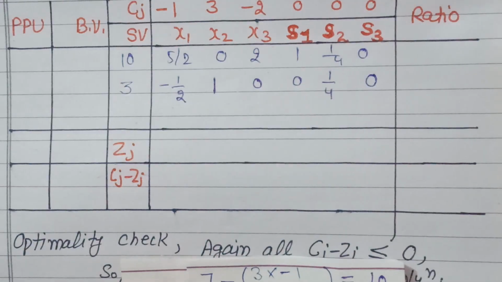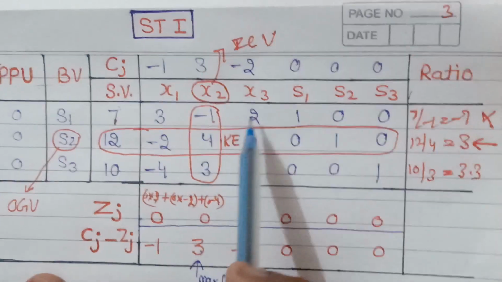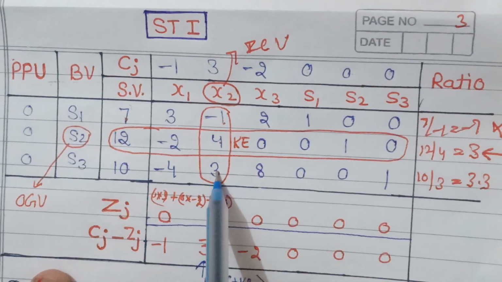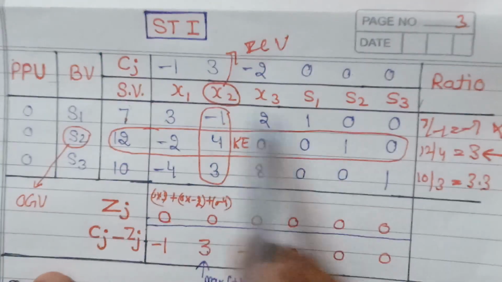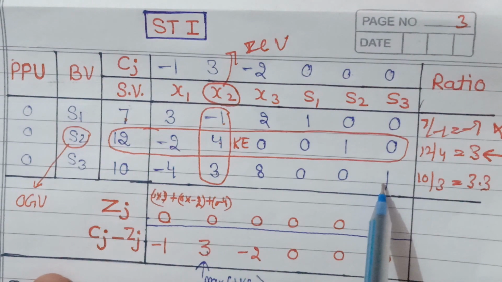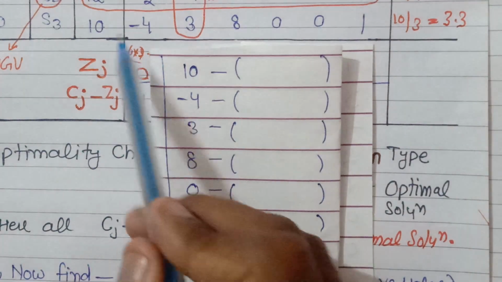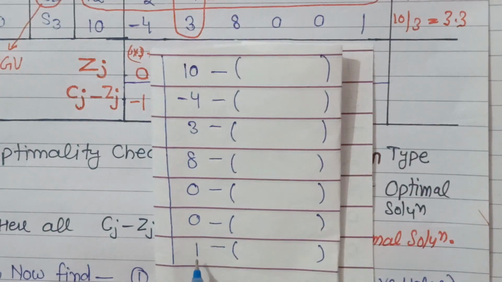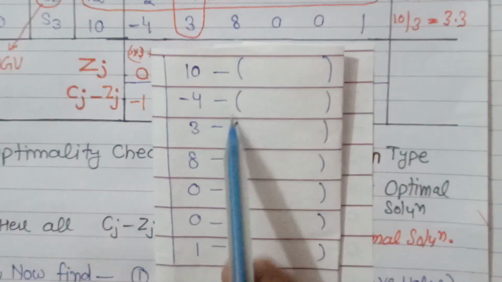Okay, now we also have to make this element from the simplex table 1 also 0. So again we will perform the same operation as that performed for this row. So let us write these values again in the form of a column. So these are the values from this row written in the form of a column. Okay, now again make a minus sign in front of these values and start with a bracket.